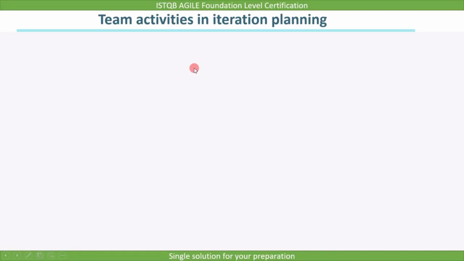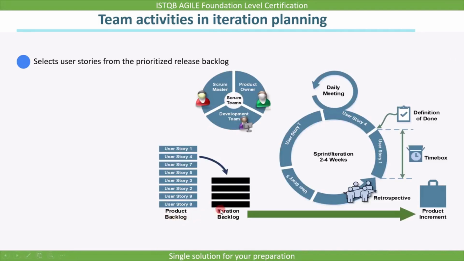Now let's see team activities in iteration planning. In iteration planning, the team selects user stories from the prioritized release backlog. As we know, during release planning, user stories are assigned to each iteration. And during iteration planning, we need to prioritize the user story for the upcoming iteration. The second point is, the team elaborates the user stories. Once the user stories are prioritized, the team goes through each user story and tries to elaborate it for more